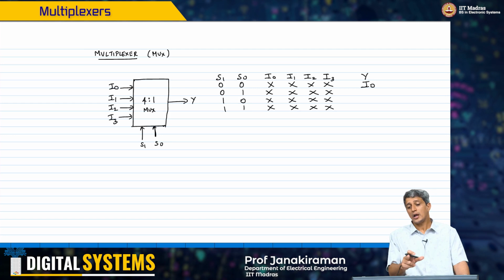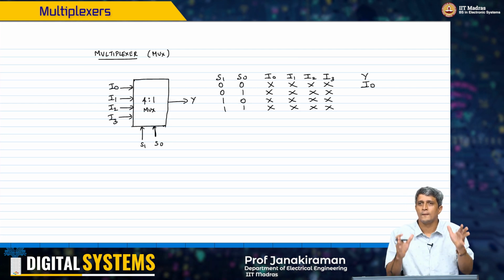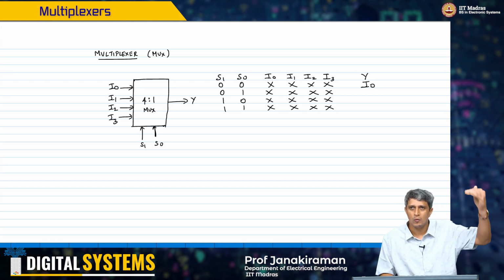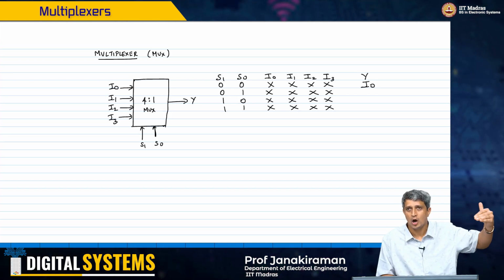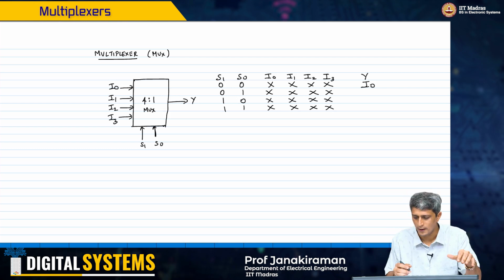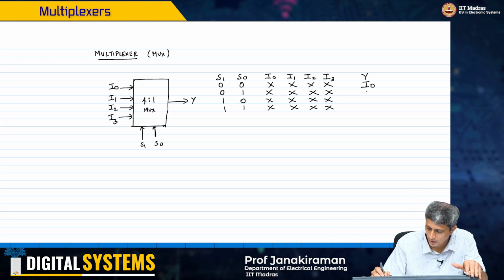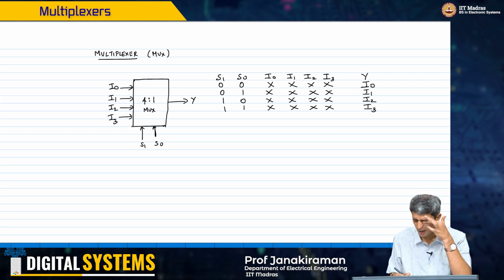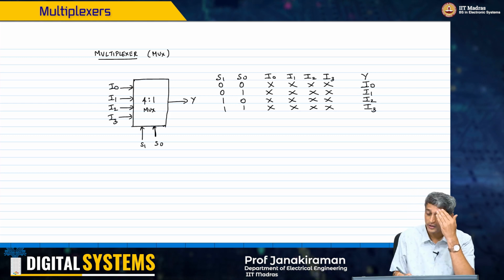As long as S1 and S0 happen to be 0, 0, whatever input you give on I0 should simply appear at the output Y. Okay, so this is what I want here. This will be I1, I2 and I3. Now this is very interesting, because what it basically says is